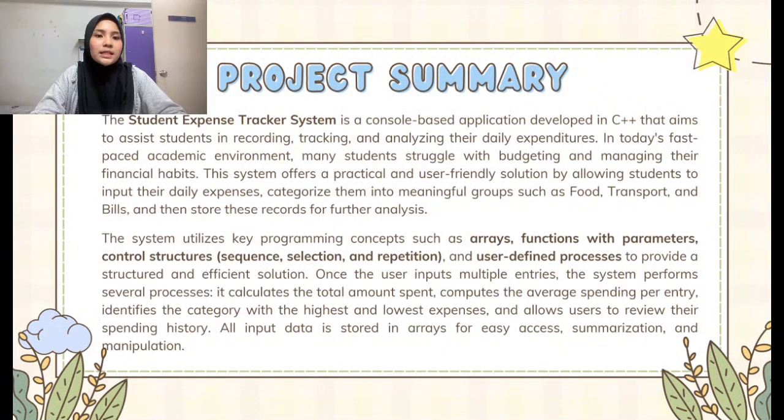This project is a C++ console-based application designed to help students manage their daily expenses effectively. Users can input an amount spent and select a category such as food, transport, or bill. The system then stores these entries, calculates the total and average spending, and highlights the highest and lowest expense categories. It also features a menu-driven interface with options like Add Expense, View Summary, List All Expenses, and Exit, making it